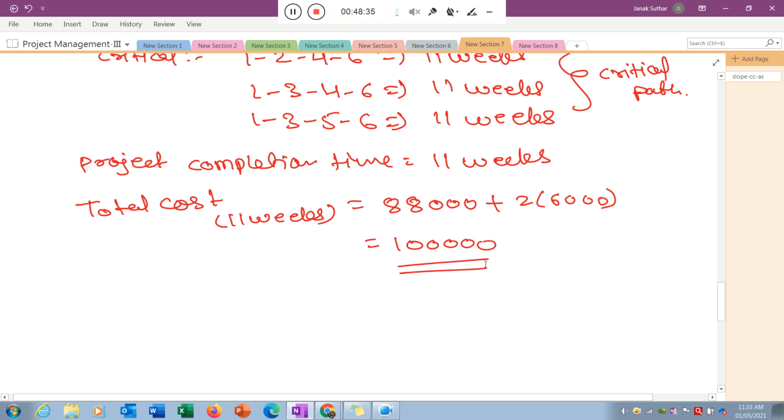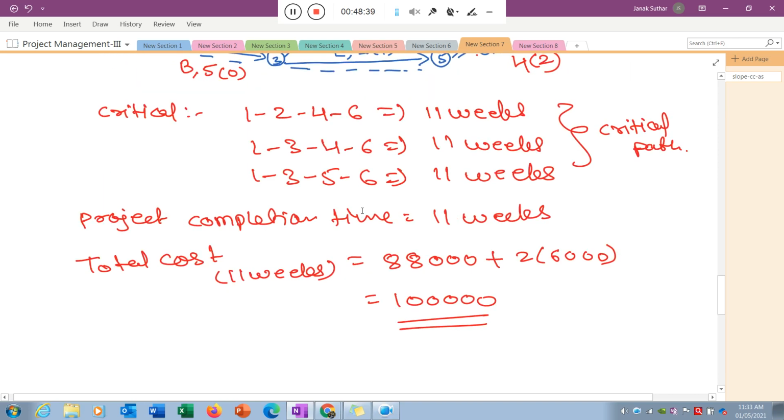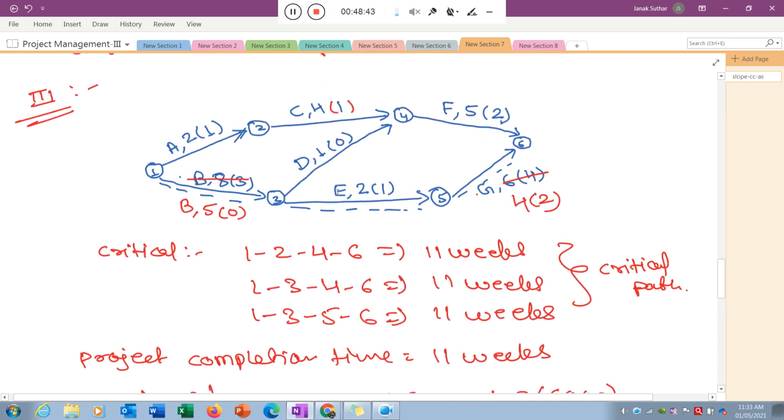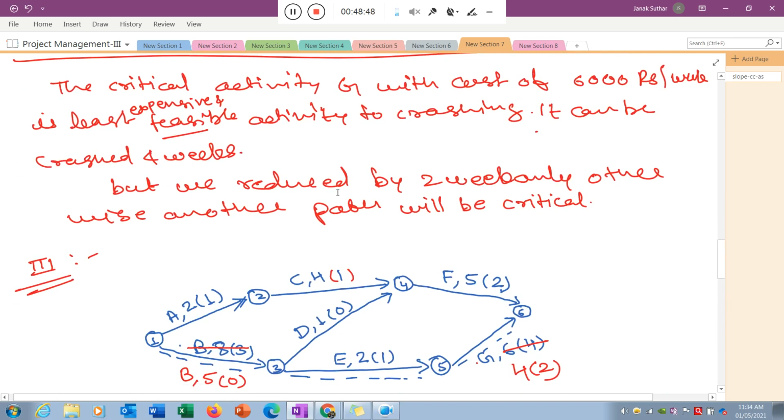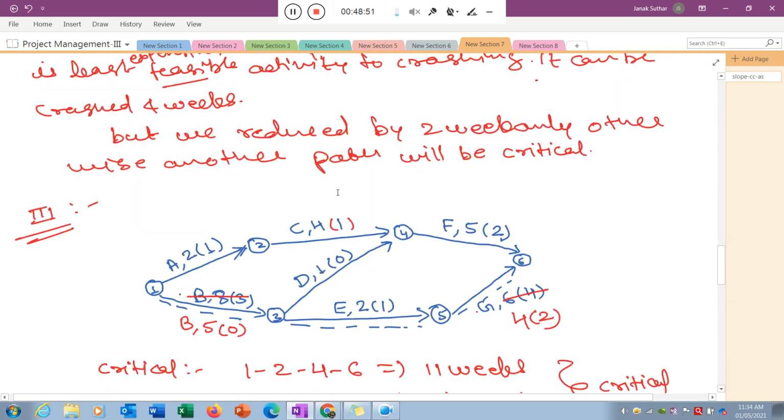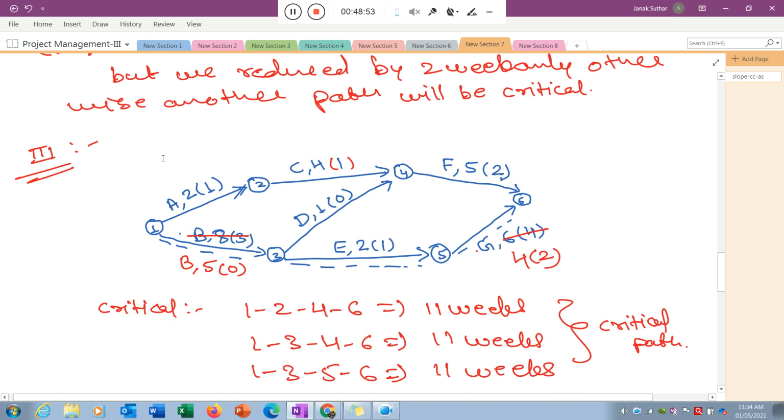So is there any doubt? This is the third iteration. Now again the question is asking for 15 marks. That's why it is a lengthy question. Now the question is asking, can I reduce that particular path again, and can I reduce the time again? So just need to check this particular one. Now all are critical paths. Okay, so now all are critical paths.